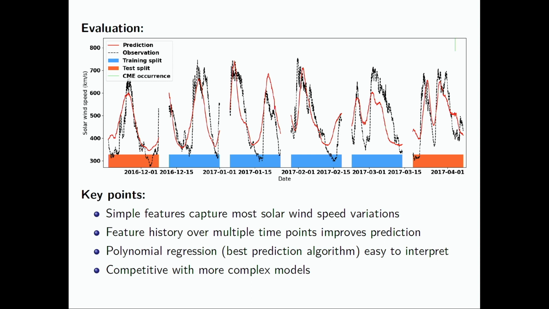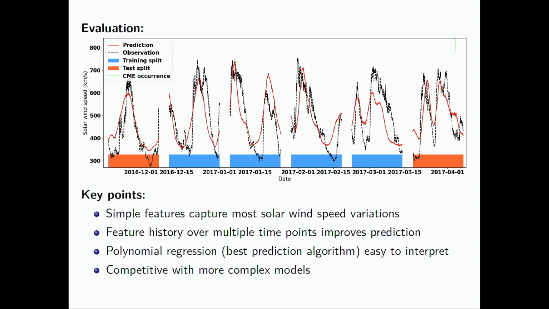Also, the blue is my training data, and the orange part is my test data. So I did a cross-validation split here. And I'm also performing really well on the test data. Yeah, and at the end, I want to emphasize a little bit what are the key features, or maybe what's